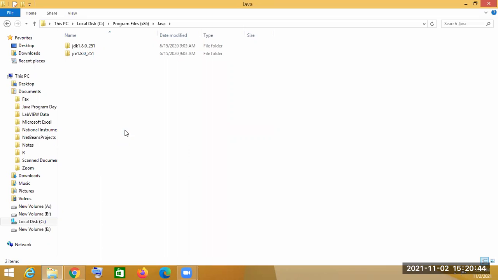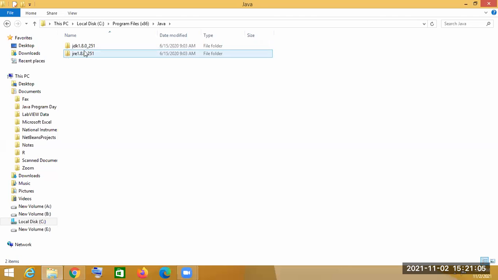Go to the Java folder, click on it, and you will see JDK and JRE. This is the Java Development Kit, and JRE is the Java Runtime Environment. These two will be present after installing.